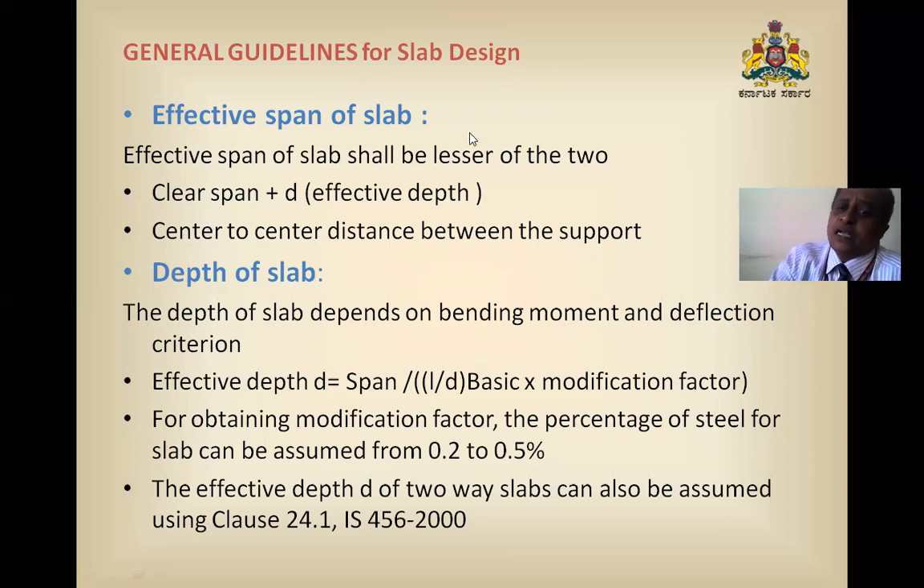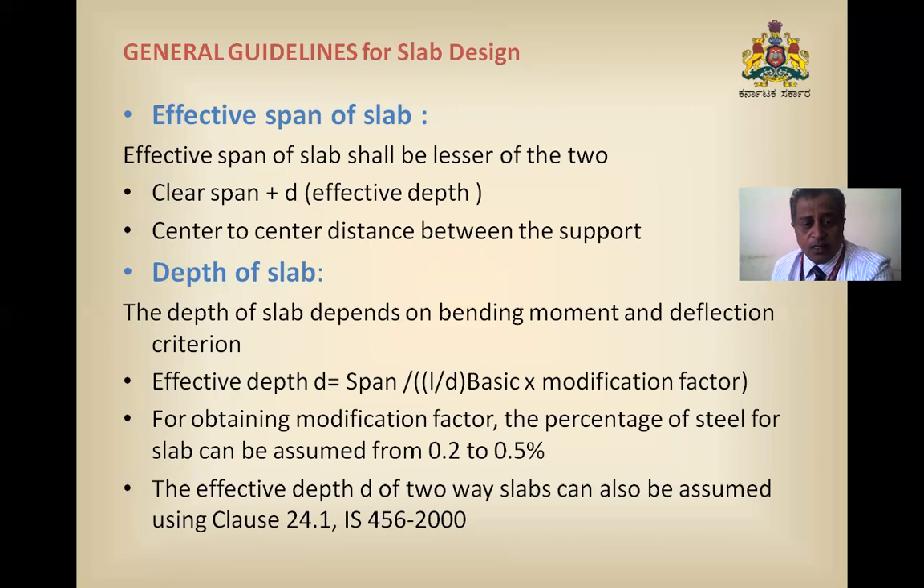So what is effective span? Effective span is the lesser of two values: one is clear span plus effective depth, and the other is the center-to-center distance between the supports. Lesser of these two values. This effective depth is once again calculated with respect to clause number 24.1 of IS 456. Clause number 24.1. What does clause number 24.1 say? See this